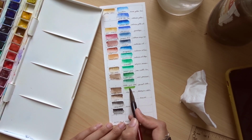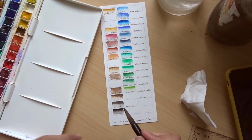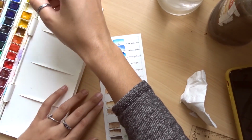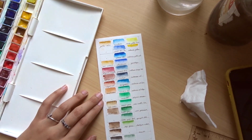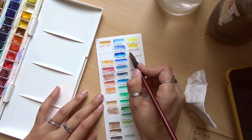Yeah, so that's my brand new set of amazing watercolors from Amanda. I'm so beyond thankful, and I'm so excited to use all of these. I hope you guys kind of enjoyed this